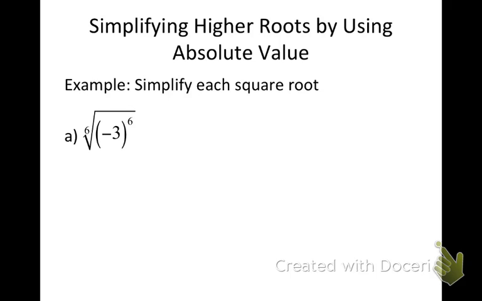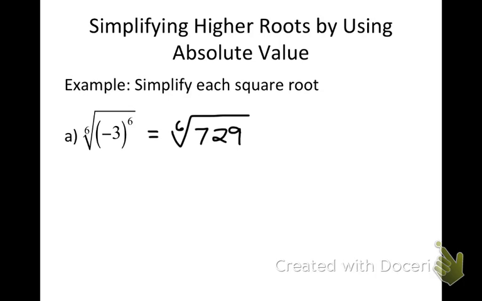So for our first one, we have the 6th root of -3 to the 6th power. Because I have an index of 6 here, so I'm taking a 6th root, and here I already have it to the 6th power underneath, what's going to happen is they would cancel themselves out. Now, think about this, though. Because this is a negative, what technically would happen? If I take -3 on my calculator and take it to the 6th power, I get 729. So this really is taking the 6th root of positive 729,